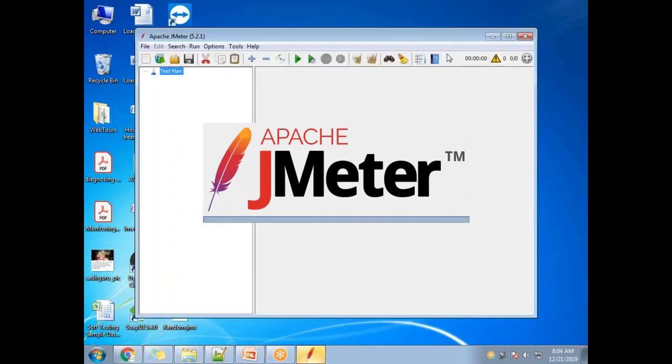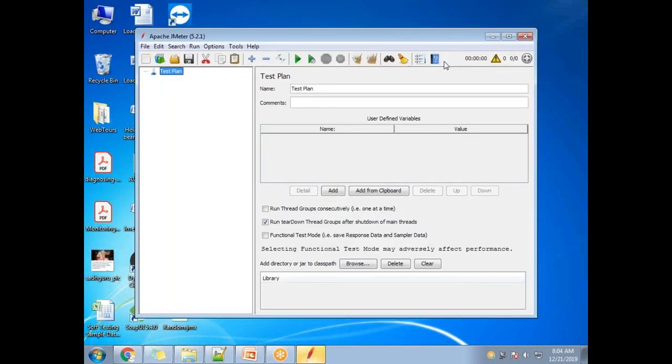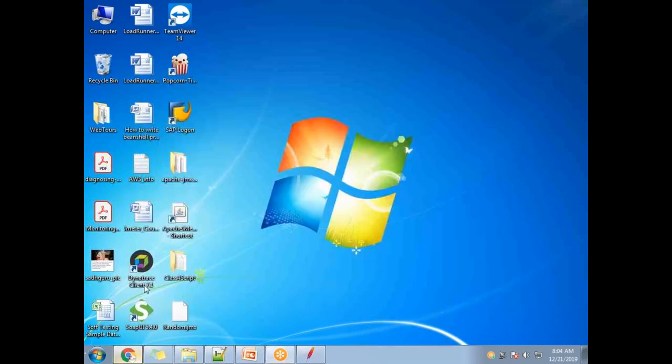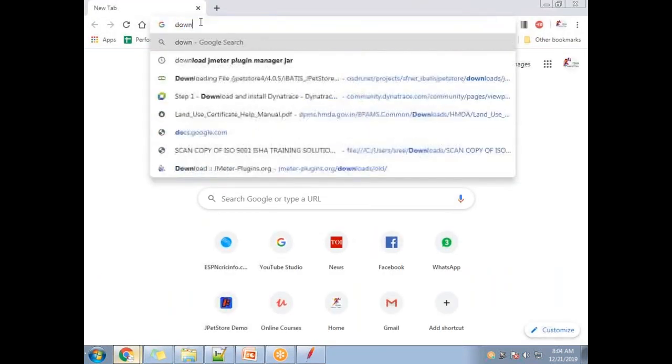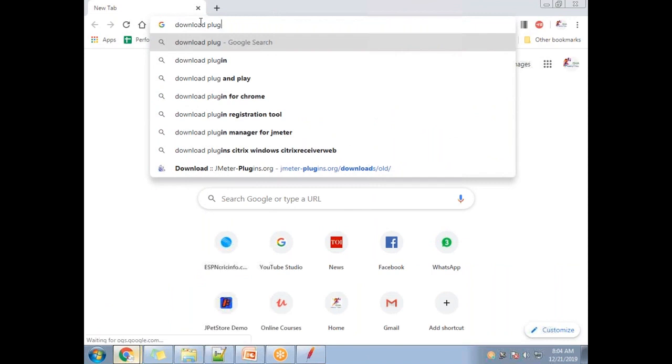You see that extra button which is for the plugin manager; I'm not able to see it. Now my JMeter is exactly the way it is for you. Now we will go ahead and add the plugin manager. Go online and search for download plugin manager for JMeter,